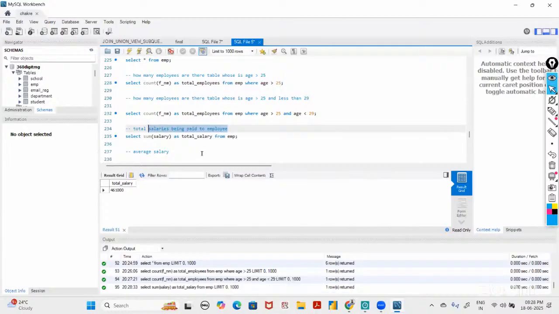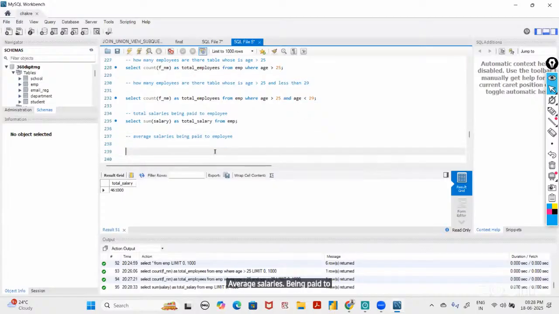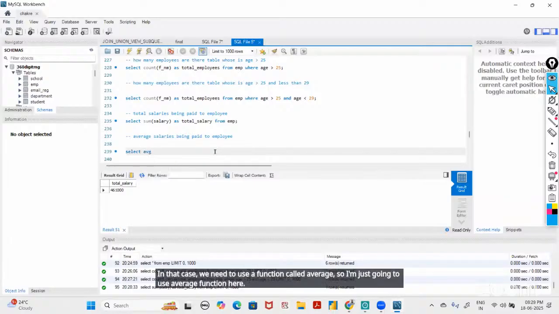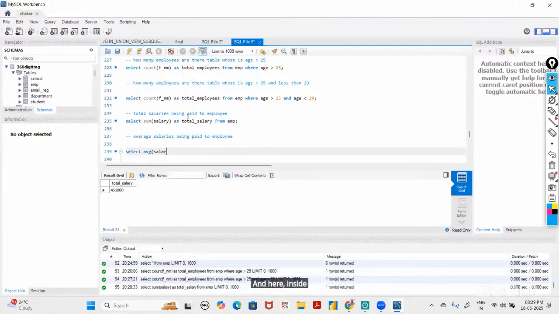Average salaries being paid to employees. In that case, we need to use a function called average. So I'm just going to use the average function here, and inside that I'm going to mention salary. I'm going to assign an aliasing name, average salary,